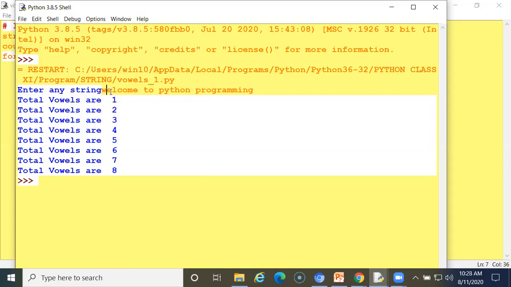E, so 1 here, 1 here. And another is I. I will appear 3 times, and O, U. So it will count the number of times these vowels are appearing.